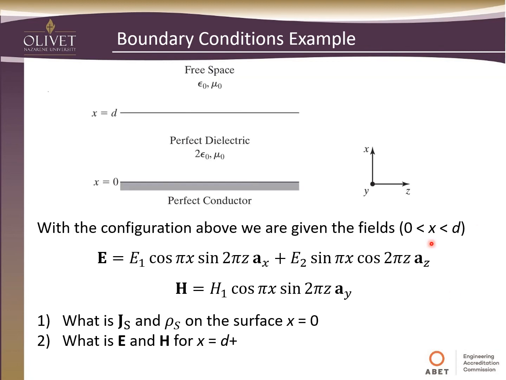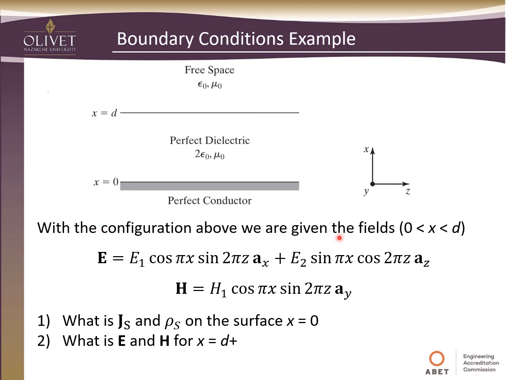So let's look at an example. In this example, we're going to start with a perfect conductor, and then at this x equals 0 boundary right here, we transition to a perfect dielectric, which in this dielectric the permittivity is double free space. And then at this x equals d boundary, we will transition from this perfect dielectric into free space itself. So you can see there's no magnetization that we're experiencing here. We're only experiencing change in the polarization because our permittivity is changing.